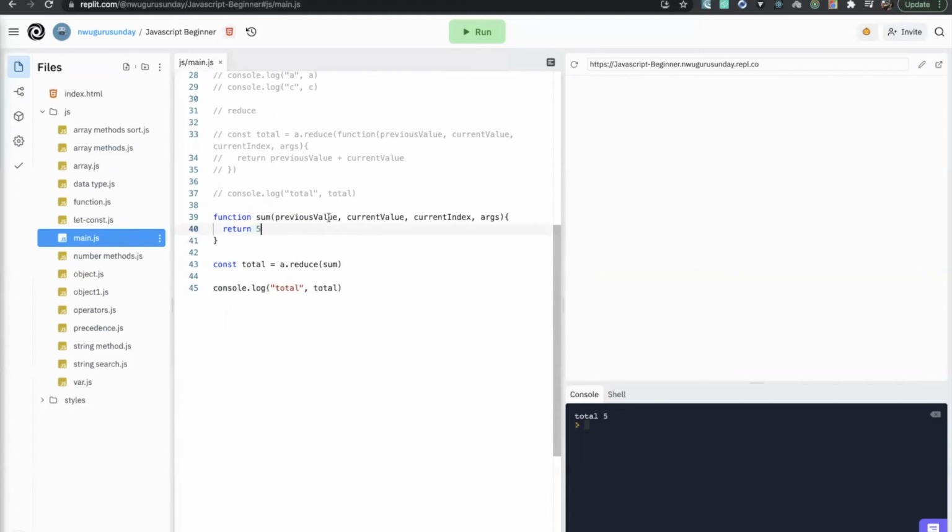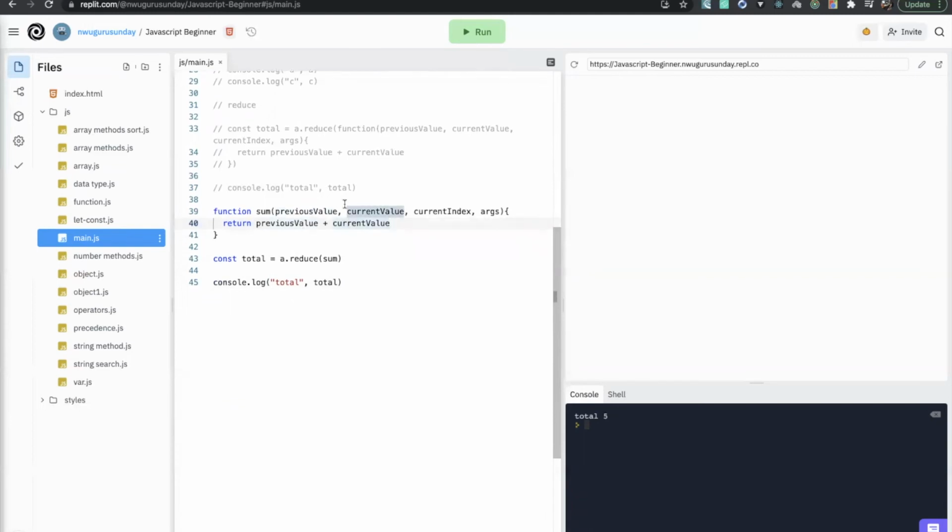So for everything they pass back to you, you did not use it. So it's going to just return the 5. But if you do calculation with it, for every iteration, remember that this is going to be run multiple times. So if we do console log this current index, for example,